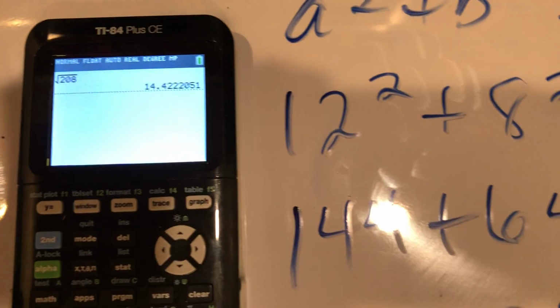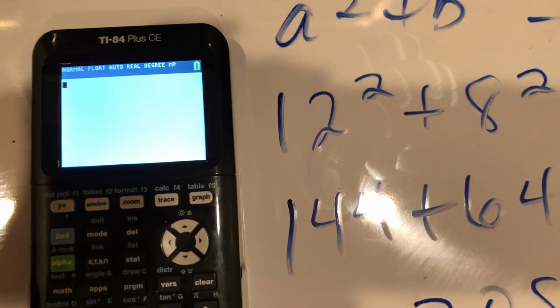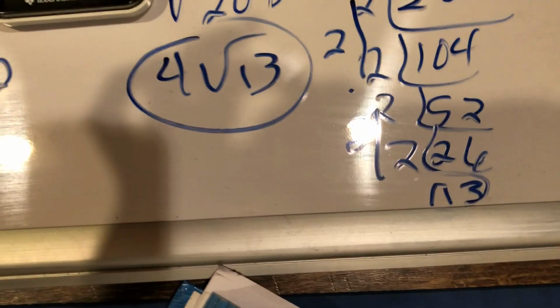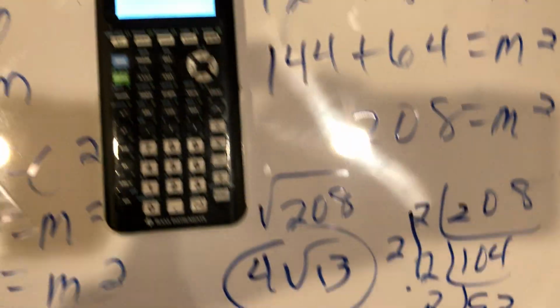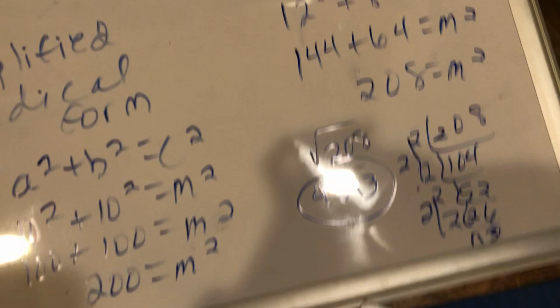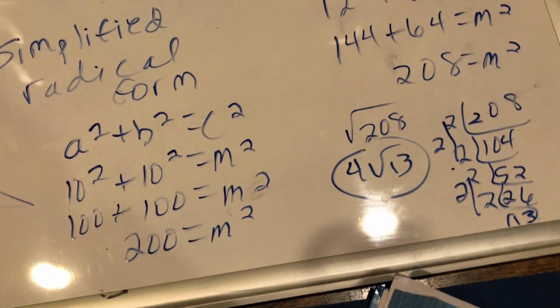So just read that carefully and make sure you follow the instructions. If it wants simplified radical form, it's got to look like this, or a whole number. If you want a decimal approximation, put it on your calculator. Okay? Then also in this lesson,